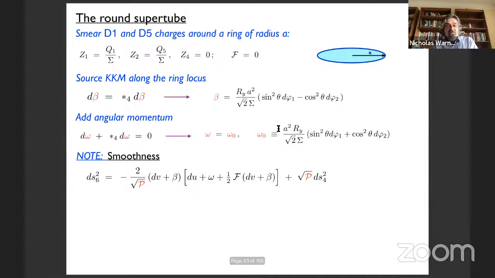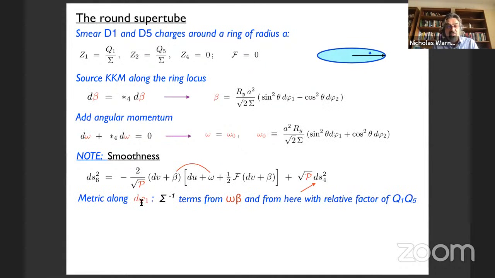And then we start looking for the metric smoothness. So we want to shove all of this into this metric. And there's various important things to note. First of all, you want to look at the metric along the locus at sigma equals 0. And the thing you find immediately is, remember, P, since Z1 times Z2 is 1 over sigma squared, root P has a 1 over sigma. So that's bad. And that 1 over sigma multiplies ds4 squared, and in particular multiplies d phi 1 squared, the